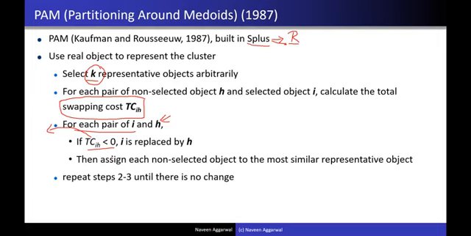We keep on doing this till there is no change. So this is just a variation of K-means. One difference is that we are calculating the median value, and the other is that defining the cost is now dependent upon the programmer. That is the only change in partitioning around medoids.